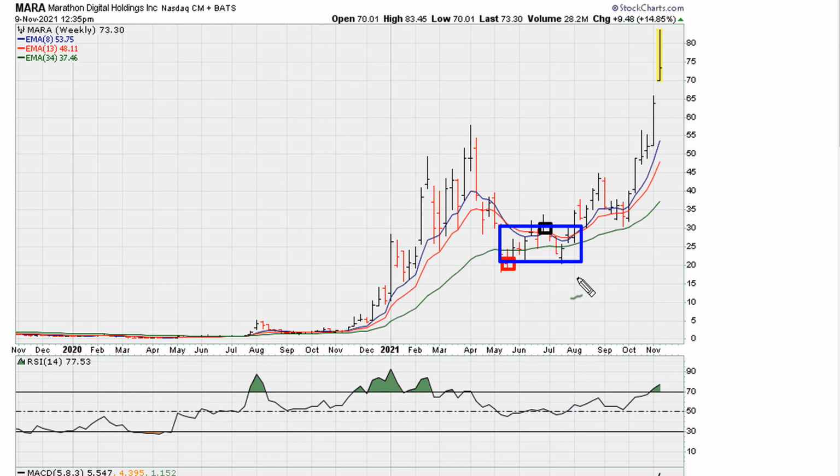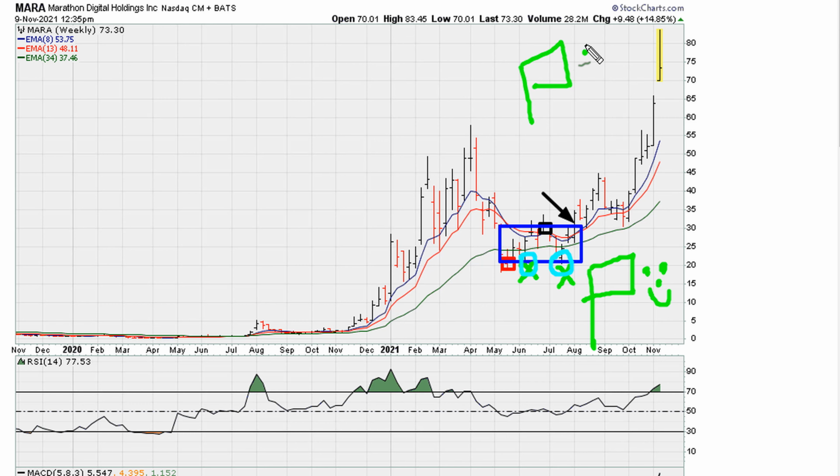We have a failed breakdown attempt. In other words, those who are in the know, institutions, are buying this thing here while triggering stops. Now, we can say, based on our concept, this is the first green flag. Things are holding up. And the true green flag, which is the second green flag, is when you move above that base.